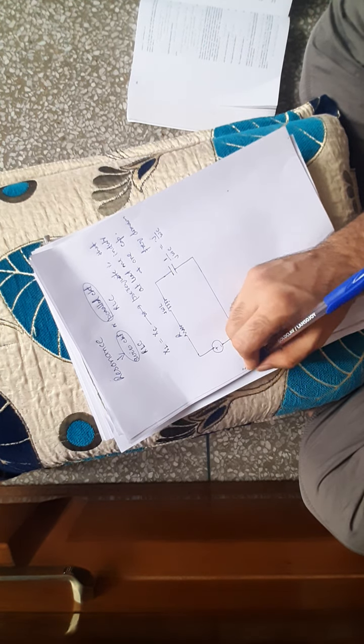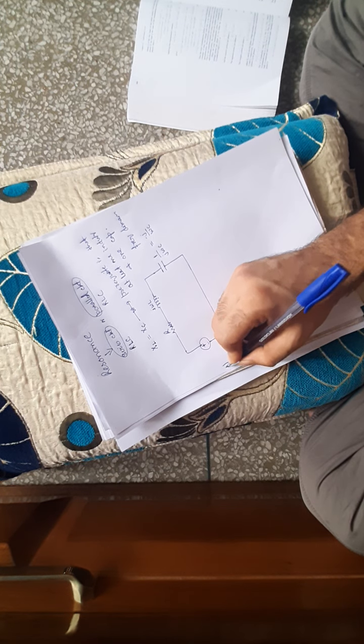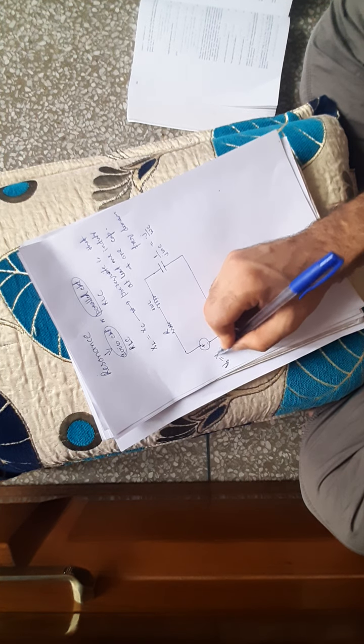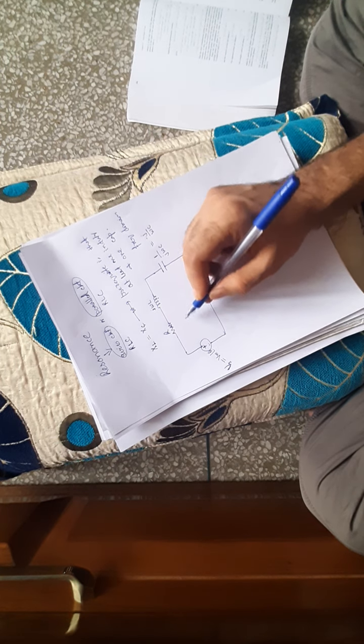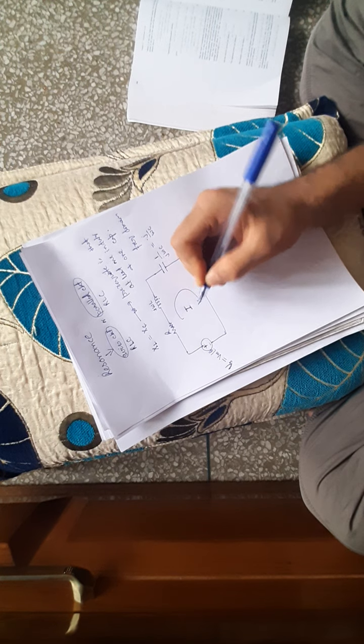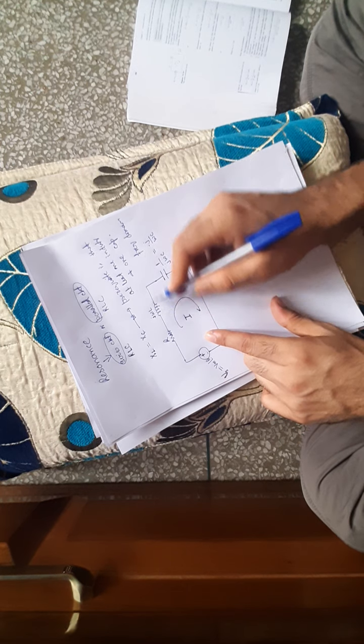Suppose we have a voltage source here with source voltage Vs. This Vs is in phasor form, and I am writing it as Vm angle theta. Some current is flowing in this circuit, which I am calling the phasor current I. Clear up to this point? Now just tell me what will be the impedance of this circuit.